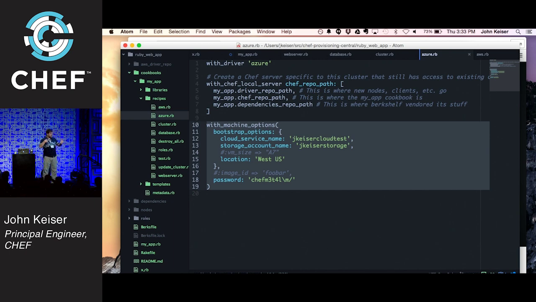If you specify another with machine options, you can actually get some machines on AWS, run them with machine options and with driver for Azure. And now the next set of machines are going to go to Azure. You can change the machine options and go to Azure with different options for the next machines. It's built so that you can provision a large number of machines across clouds, across Chef servers, and with different kinds of options, all in a single recipe,